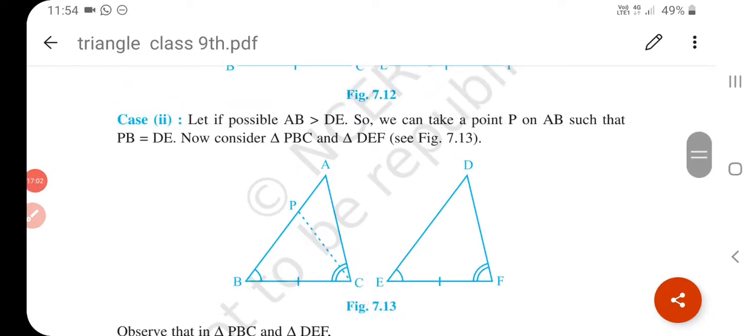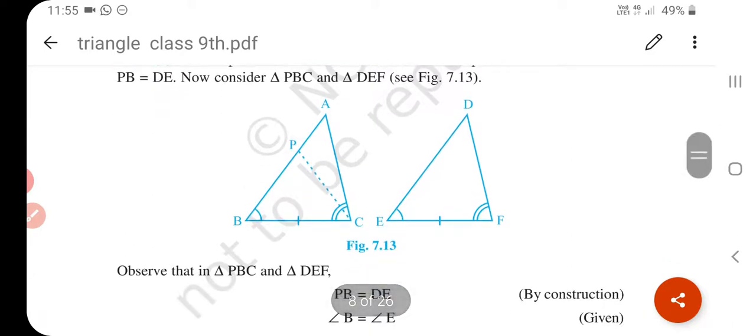Now see another example. Let, if possible, AB be greater than DE. So we can take a point P on AB such that PB is equal to DE. Now consider triangle PBC and triangle DEF. So which triangles do we have to consider? PBC and DEF. So in triangle PBC and triangle DEF,